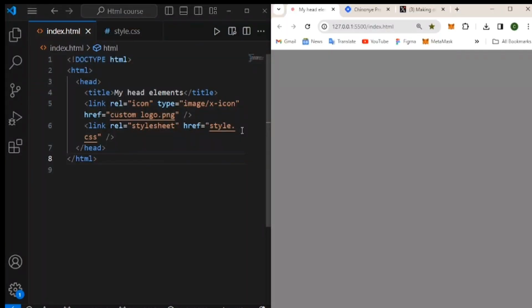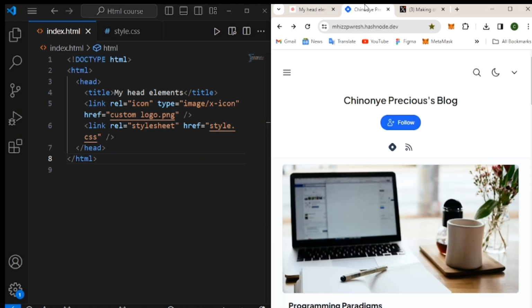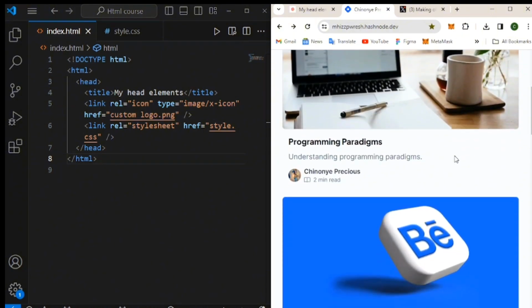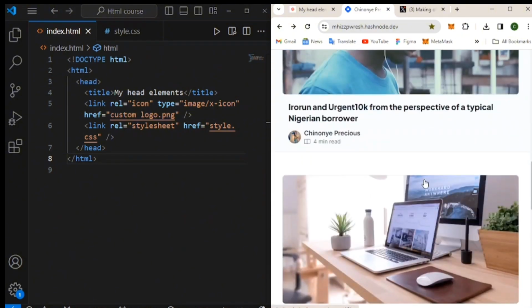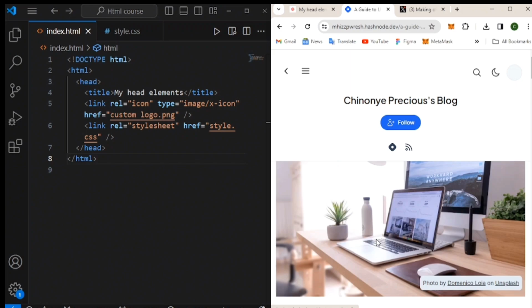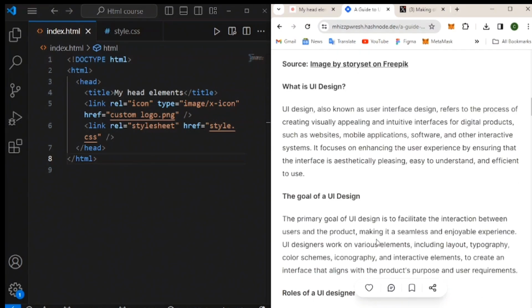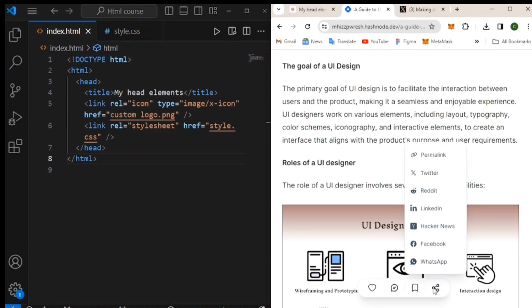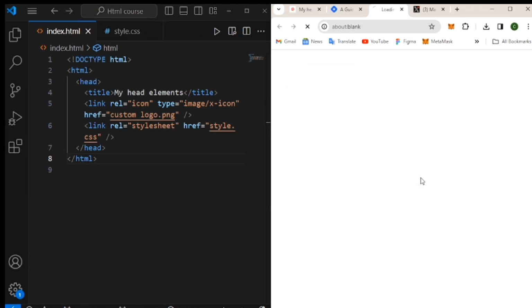Another thing I would like for us to talk about is that if you've noticed, when you share a link, most social networks generate a preview of the link to let their users know what the linked web page is all about. So if we head over to this blog and then I click on a guide to